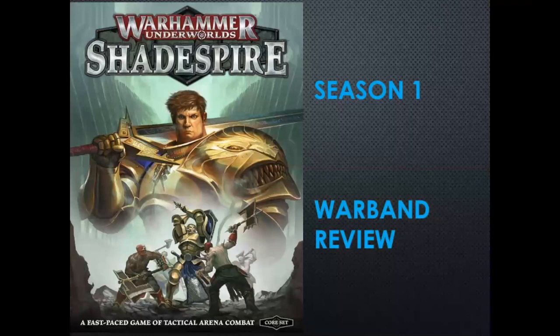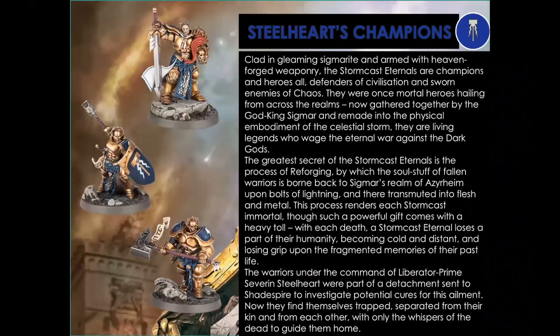Today's video will be a Season 1 Warband review, looking at the Steelheart champions, and I have their lore written here. I'll let you guys look through it if you want to. It's in the Shadespire rulebook, but just to summarize, they're basically Stormcast Eternals, which means that every time they die, they get brought back to life in the realm of Sigmar, losing a little bit of themselves each time, becoming a little bit colder, and they've come to Shadespire to look for some kind of a cure to that whole losing part of themselves every time they're resurrected syndrome,